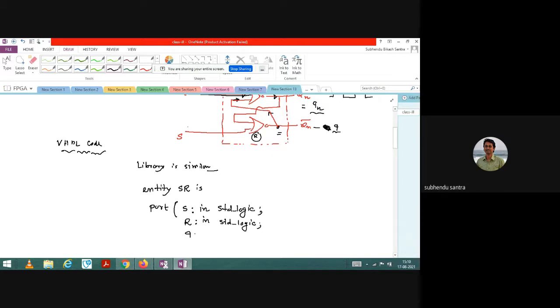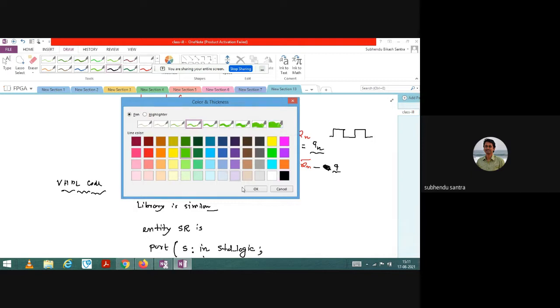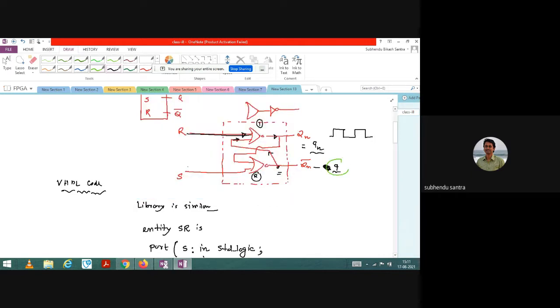So Q, what I will write is very important. Let me go to the diagram. If you consider this point, and this is Qn, now this Q is output. One can say, okay, sir, this is nothing but output. Okay, no problem, this is also output. Now see, it is output as well as input for chip number one. So how do I define this kind of situation, where it is not only output, and from the same pin there is another input? How do I define this in VHDL?